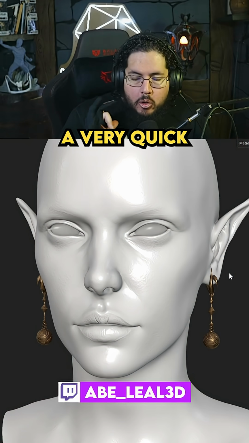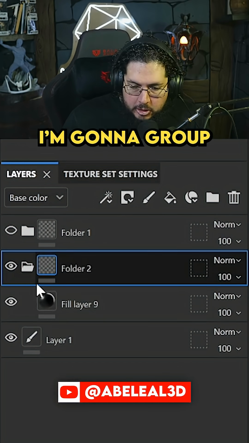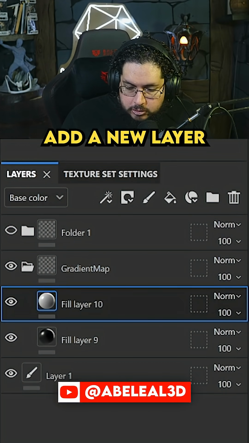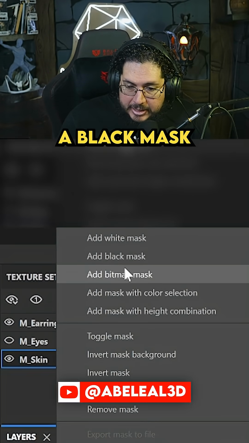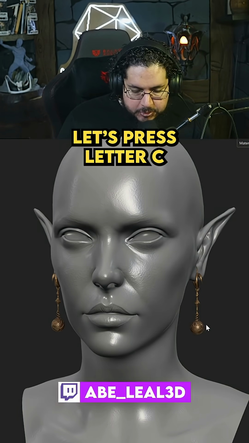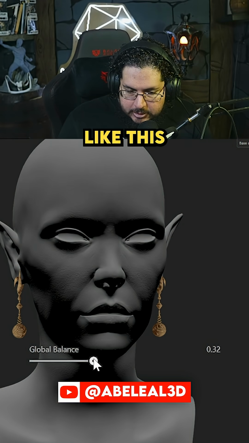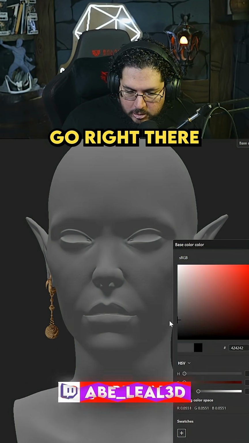I'm gonna build a very quick gradient map here for my character. So I'm gonna start with black right there. Gonna group this, by the way, and then I'm gonna add a new layer. This is gonna be mid gray. I'm gonna add a black mask, and I'm gonna add a generator, a world position. Let's press letter C to see what this is doing. So this is world space normals. Do something like this. This one's a little bit too dark, so I'm gonna go right there,